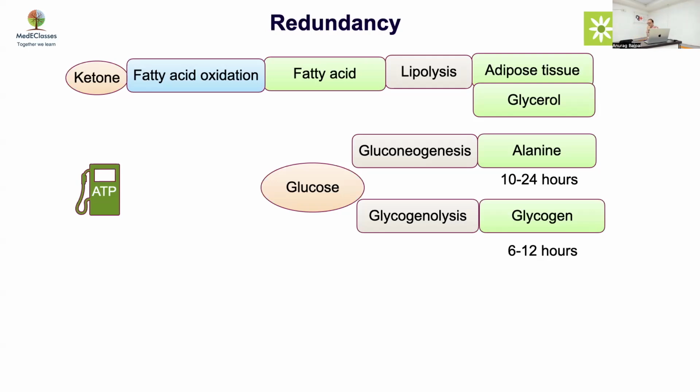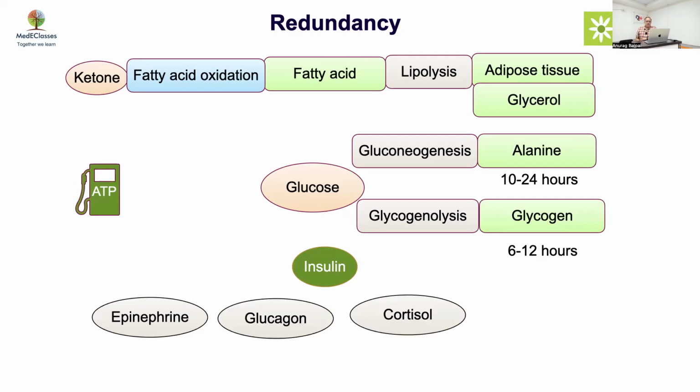So if you talk about redundancy from that perspective, insulin is the only one regulating hyperglycemia, while epinephrine, glucagon, cortisol, and growth hormone are all acting against hypoglycemia. So this is